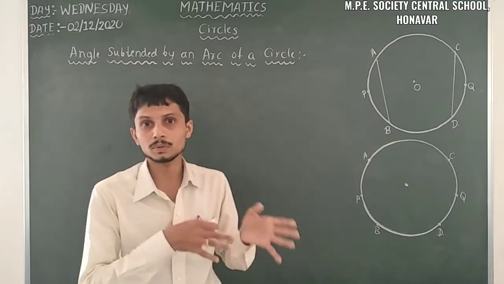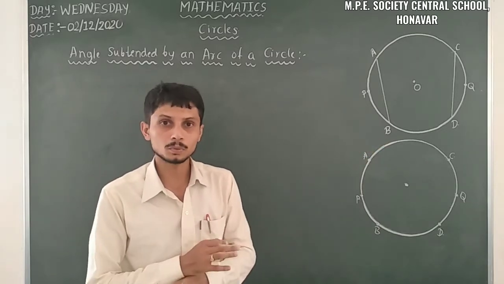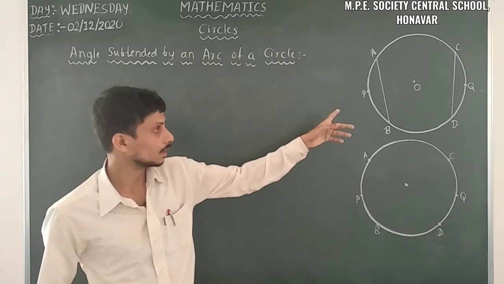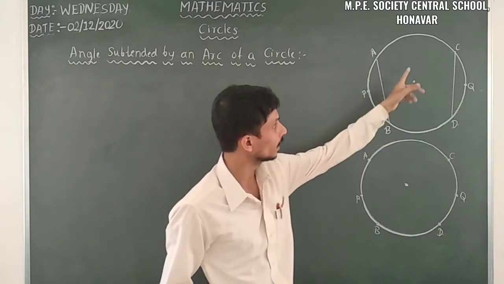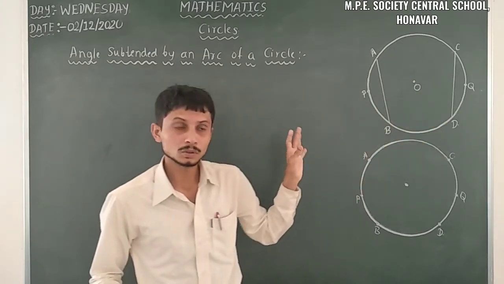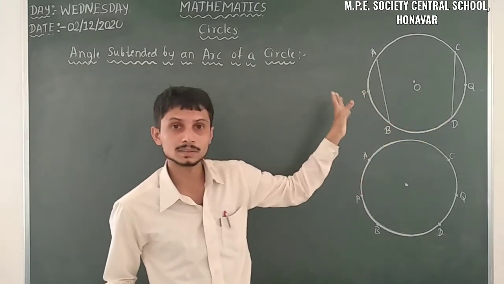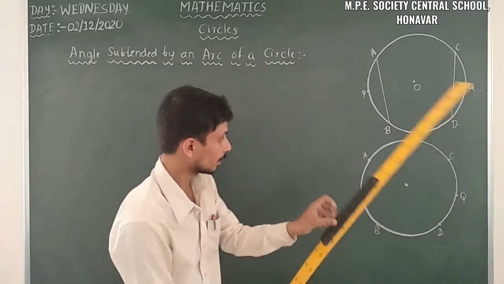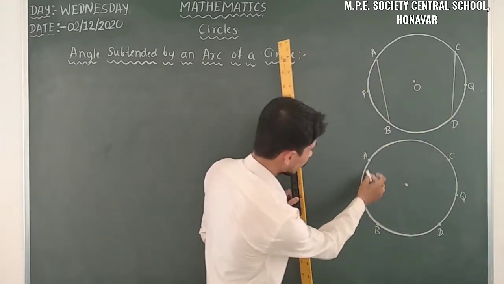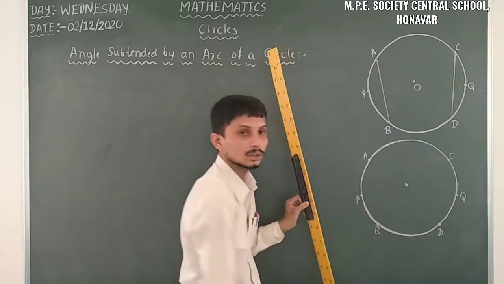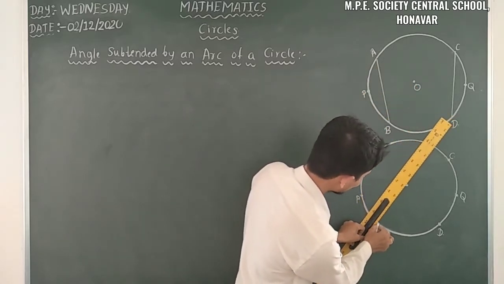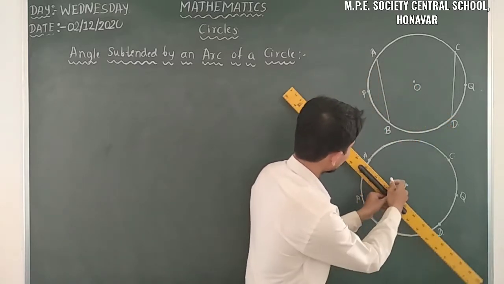So, vice versa, conversely, we have a proof. Here we have an arc. Here also we have arc APB, and here we have arc CQD. When we join those arcs to the center of the circle, here I am joining the same arcs. Here it is arc APB and here it is arc CQD. So we have to join with the center.